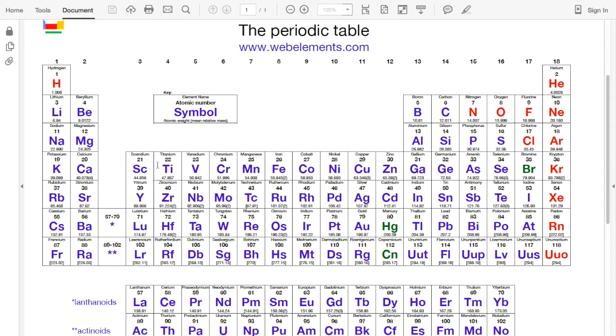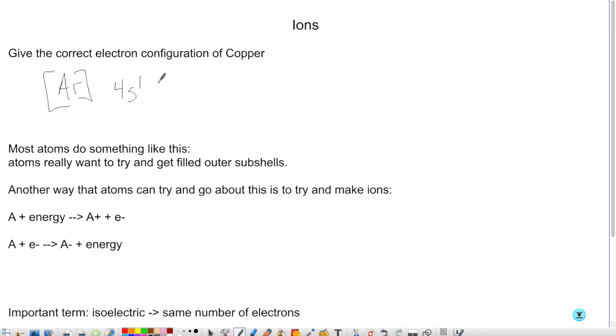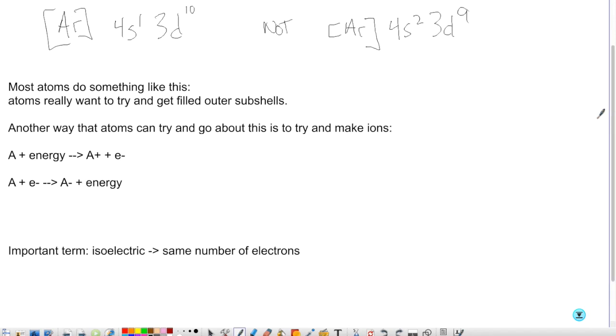And then 3d10. Not argon 4s2, 3d9. Okay? And that's because things generally want filled outer subshells. Okay? Another way that a lot of elements go about this is by making ions. So rather than shifting the electrons within, we can either get rid of an electron, in this case,